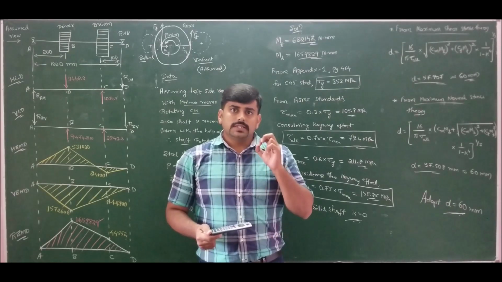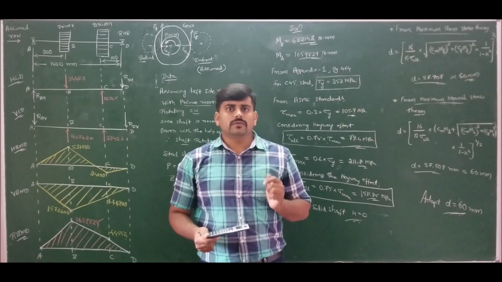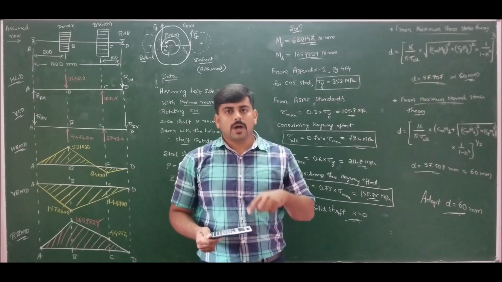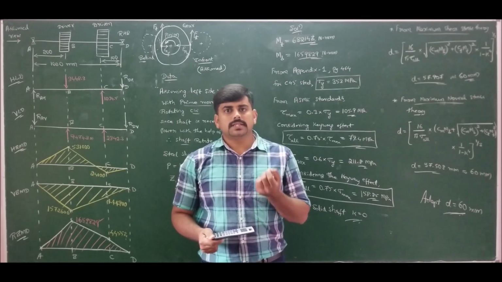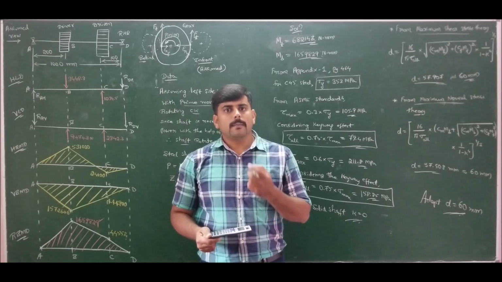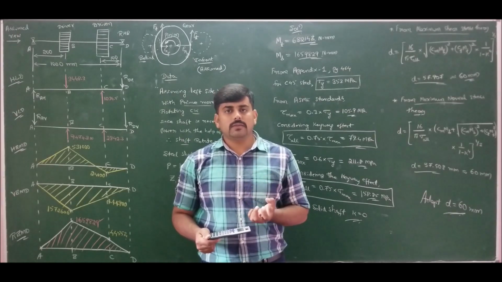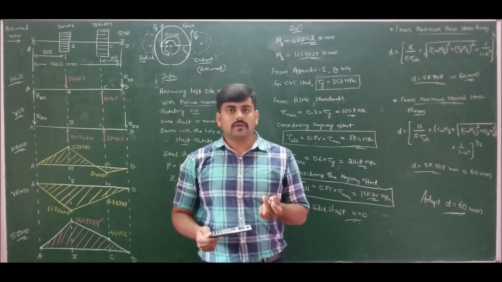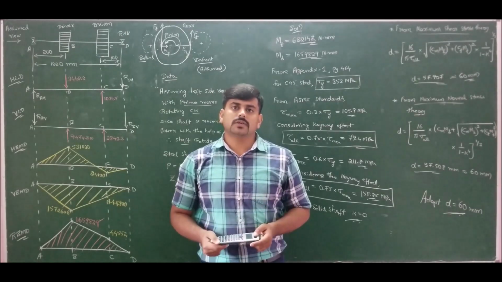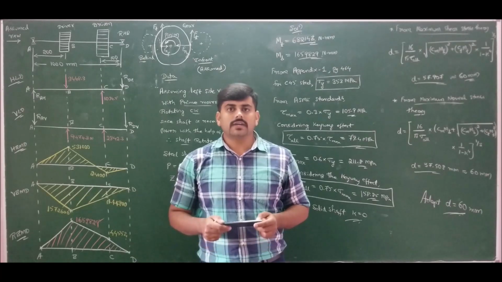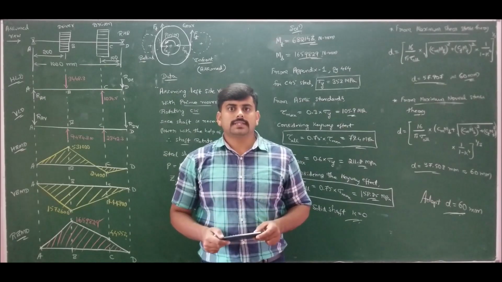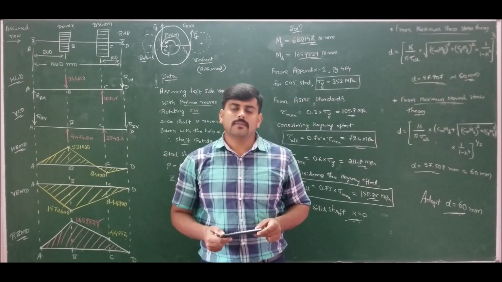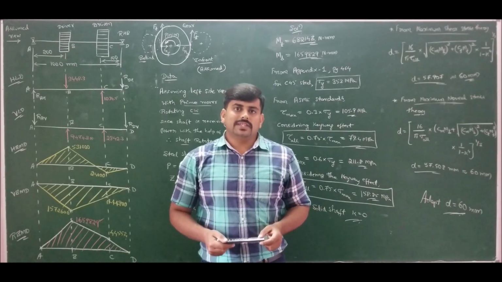If the sense of rotation and direction of view are not given, always follow left side view with the prime mover rotating clockwise. If the shaft is receiving power from a belt, then the shaft rotates clockwise with left side view. If the shaft is receiving power with the help of a gear, then with left side view the shaft rotates counterclockwise. So this is the assumption you can make and solve. There is no hard and fast rule that you should always take left side view and the prime mover rotating clockwise. You can assume as per your convention.